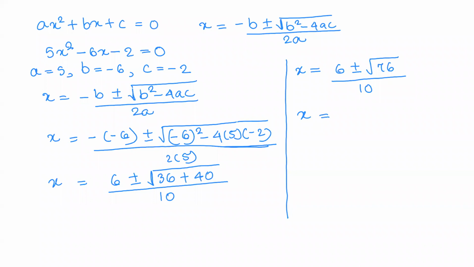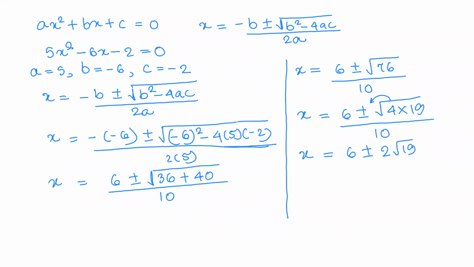X is equal to 6 plus minus root of 76, which can be written as 4 times 19. So why have we chosen 4 times 19? Because 4 is a perfect square and 4 can be taken outside the root. So x equals 6 plus minus, 4 comes outside and becomes 2, and we have root 19,